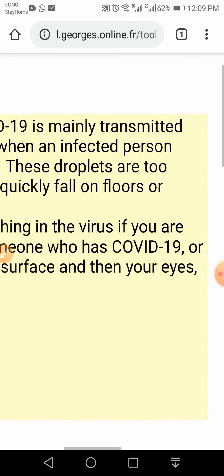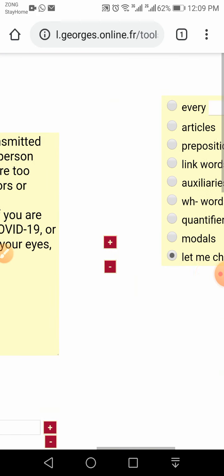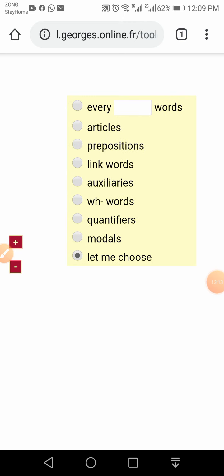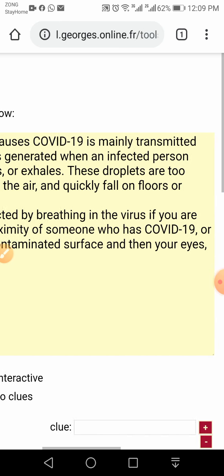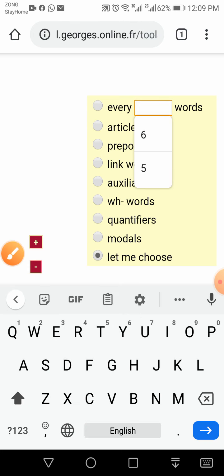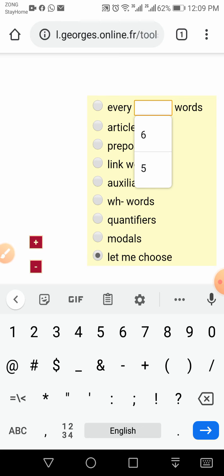So this website is easy to manage, and we can remove any words from this text, and we can take a screenshot. Let's say I request this website to remove, let's say, models. An easy one is that I should tell this website to remove, let's say, every fourth word.